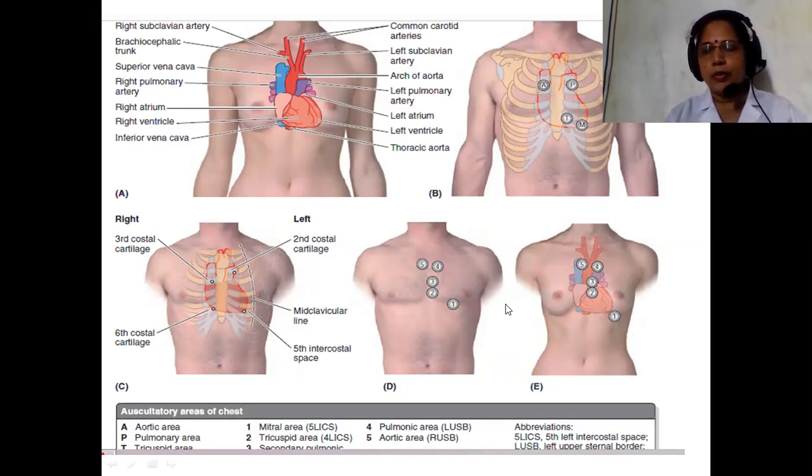When we examine patients, at that time you should know all the anatomical parts. First you should know the anatomy of the heart and the location of the heart, then the thoracic cage points and ribs, and you have to identify all 12 ribs. Identify them first on a skeleton, then on the patient. These are all related to the marking of the auscultatory areas of the chest, the costal cartilages and the intercostal spaces.